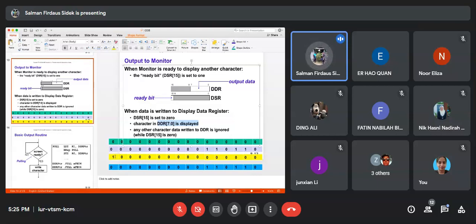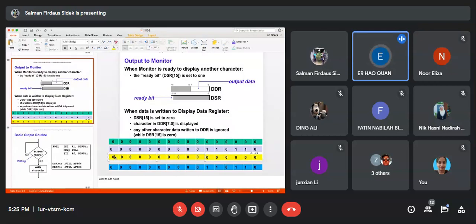So we need to set this to 0. So now 6 is already displayed on monitor. Okay, and continue with 7. After the data is displayed, KBSR bit 15 should be set back to 1 after you have typed the new number. So after you have typed the new number, the data 7 should be inserted into